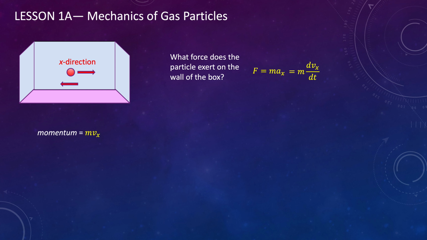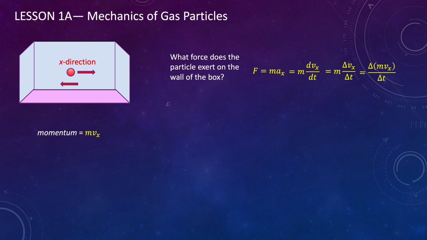Now, in this particular simple model, rather than using derivatives, I'm just going to treat this as though it is a small change in velocity that accompanies a small change in time. So we can think of this force as being written as mass times delta Vx over delta t. Now, since the mass is constant, I can bring that in. It doesn't change, so the delta of mvx is simply m times delta Vx, so those are both the same. But it's really telling us now that force is related to a change in momentum with respect to a small